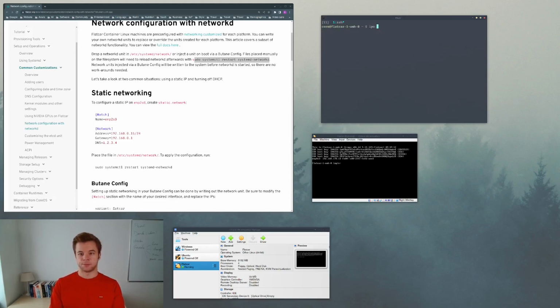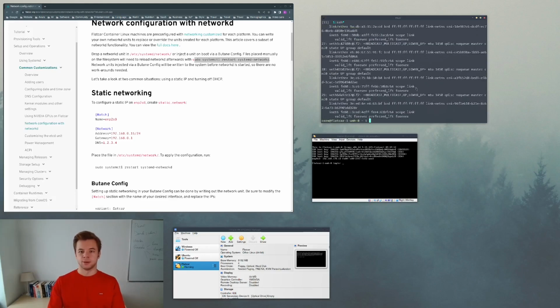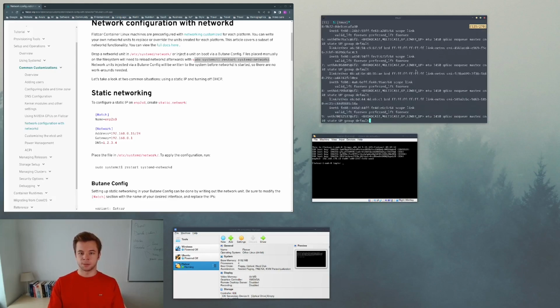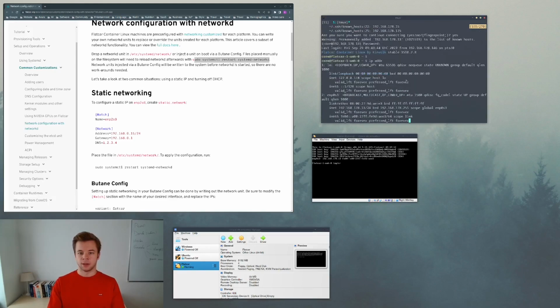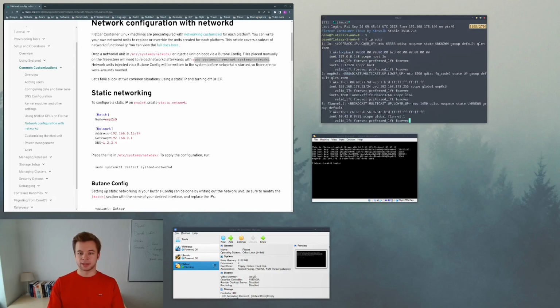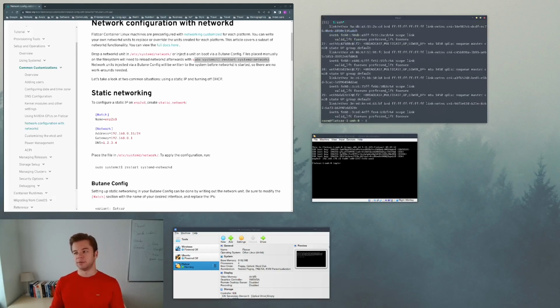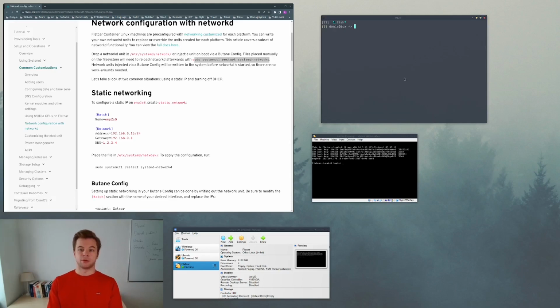If I look at the IP address of this network interface, we see that the ENP0S3 now has IP address .13. And this is a static address, which is very convenient because it will always be the same no matter if this machine is restarted, rebooted, and so on. One last thing we can do to make our life more convenient, given that the machine now has a